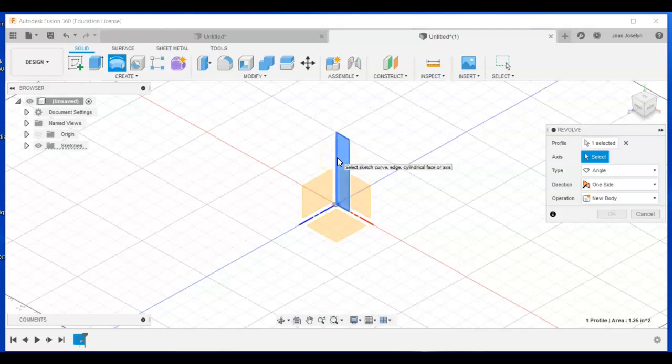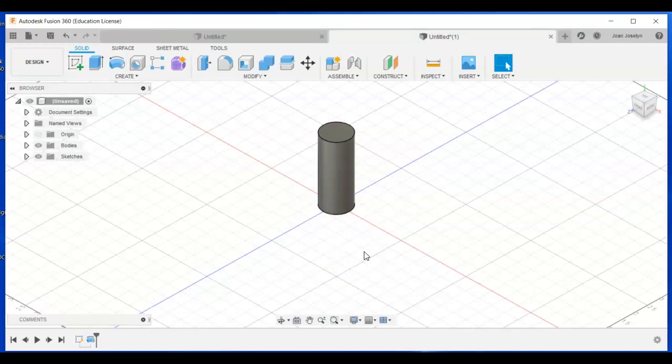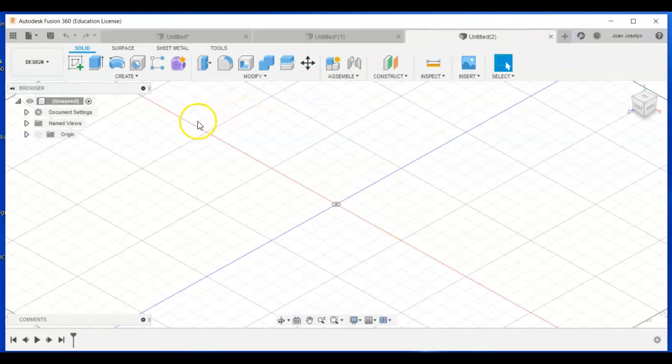And if you have multiple pieces to choose from, you can choose which profile and which axis works for you. Click on the axis and just let it go 360 degrees, or you can drag and then hit enter, and you're good. One more. I'm going to make a new design, and we're going to look at the sweep tool,